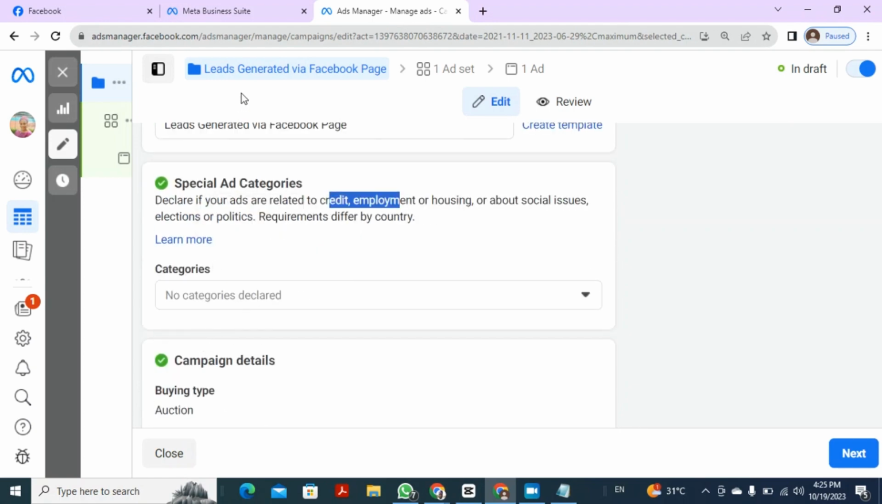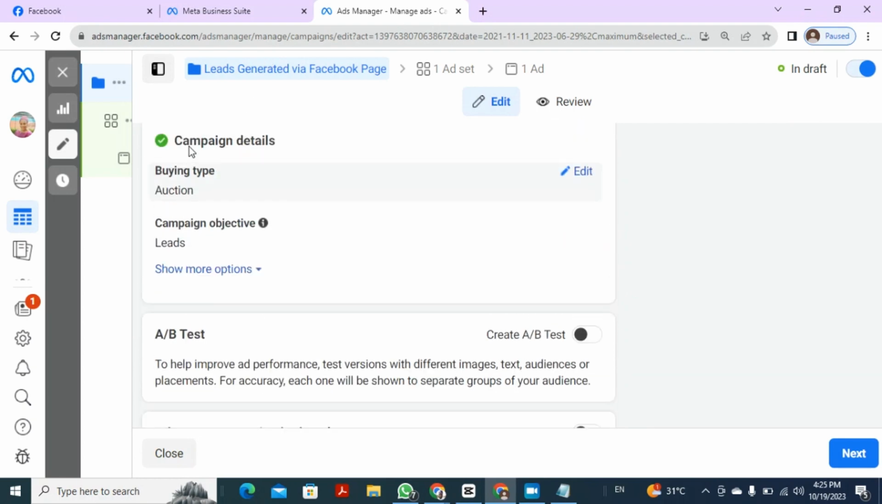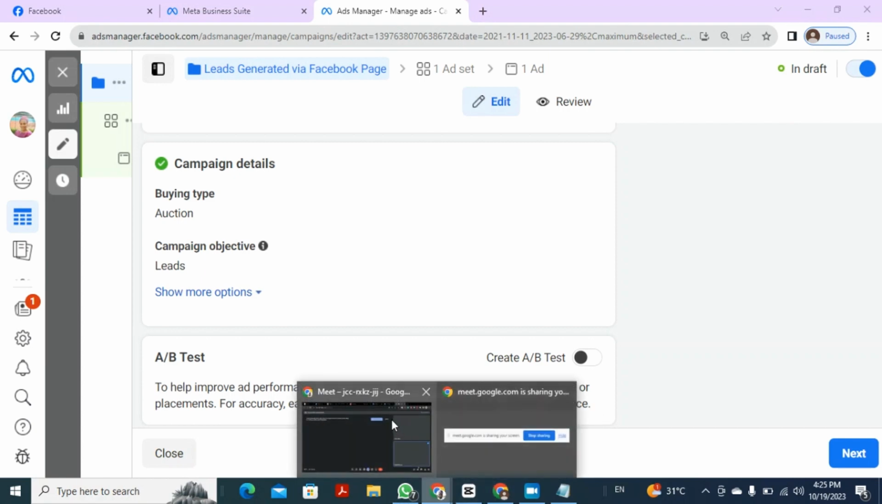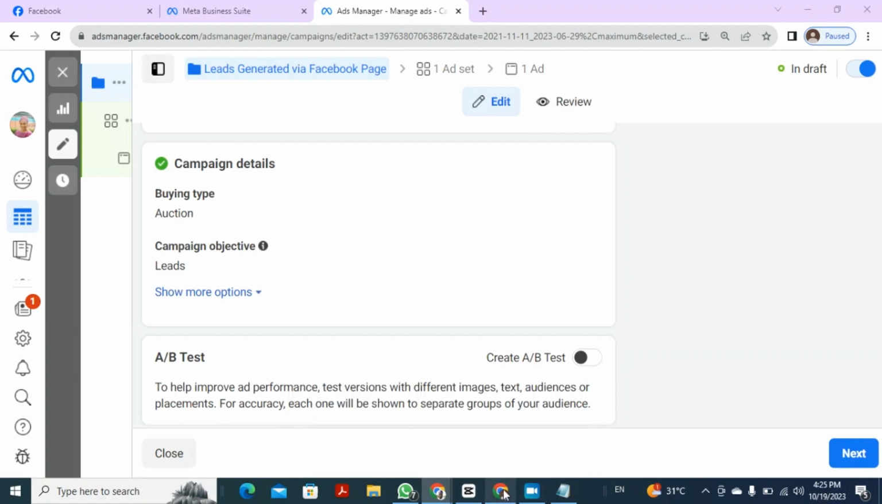Now under this campaign, we have campaign details. Of course, the type is always going to be an auction. What do they mean by auction? People are competing. If you go to Facebook, you will see that quite a number of people are within a very short time. Even if you come to Facebook, let me see if we can use